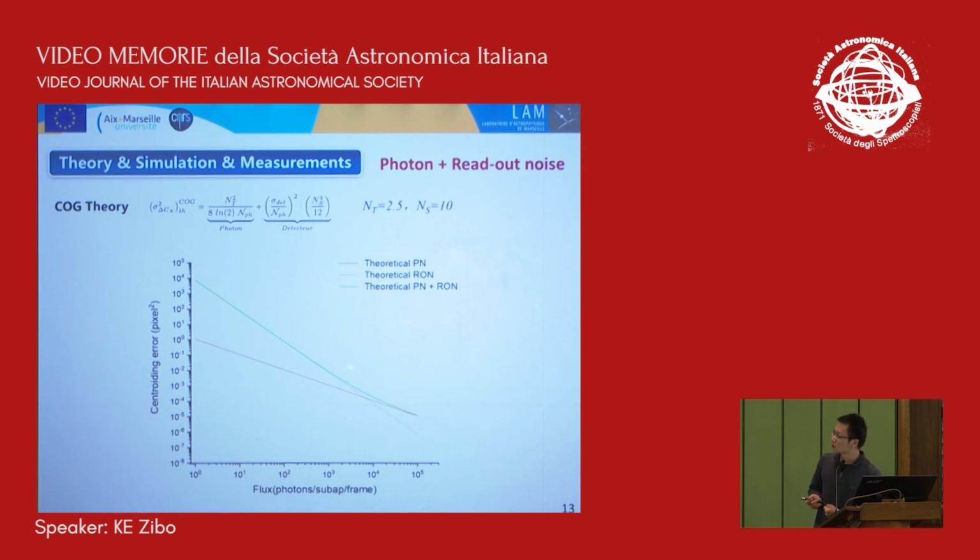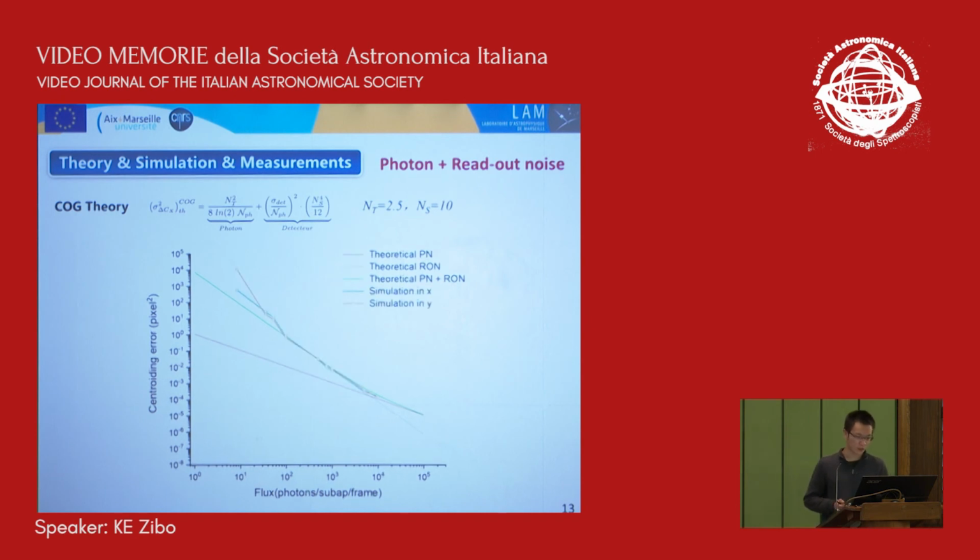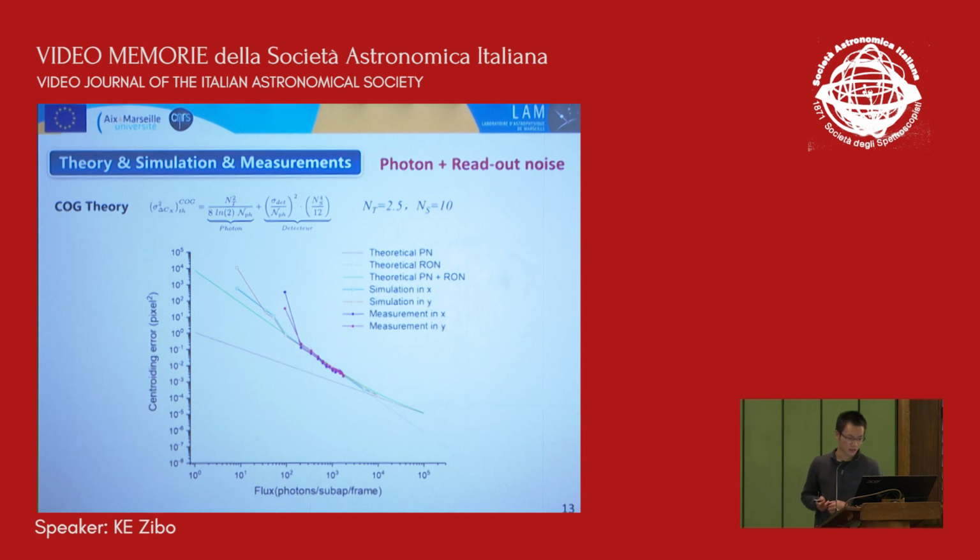This green line is the total noise, and then we make the simulation in two directions. It shows a good match, and then we add the measurement in the image, we can see it has a good match in the medium and the higher flux,